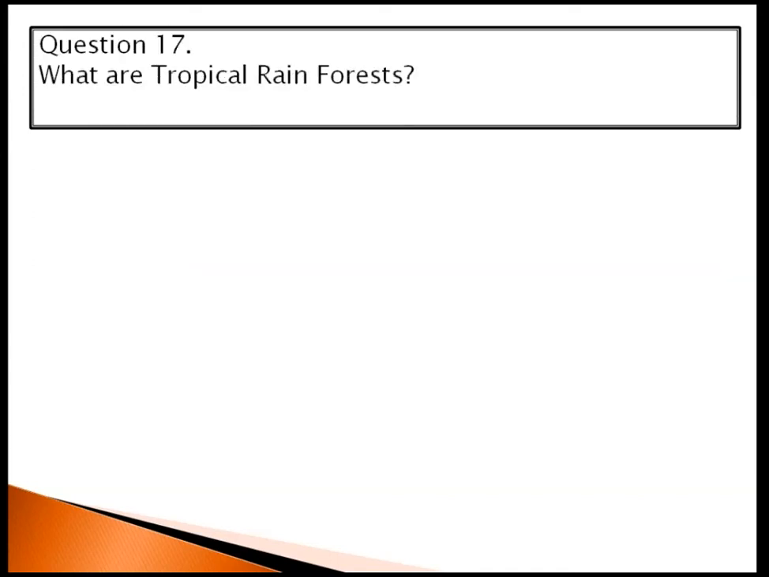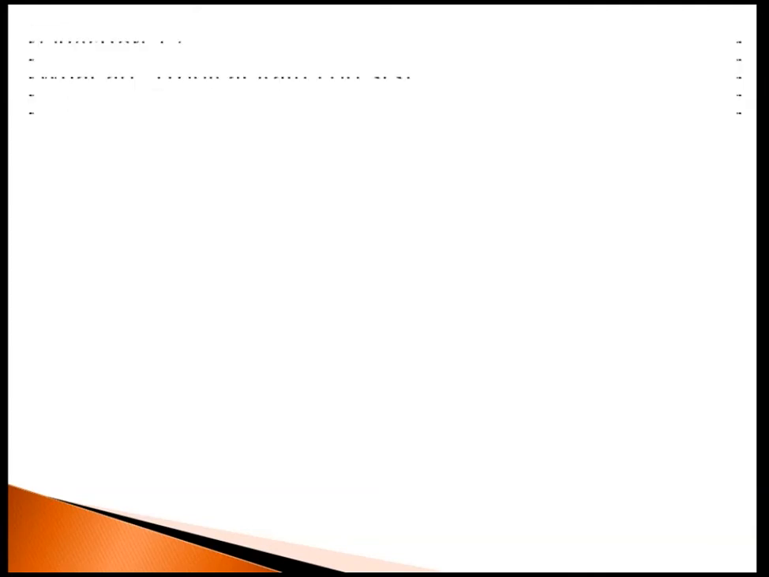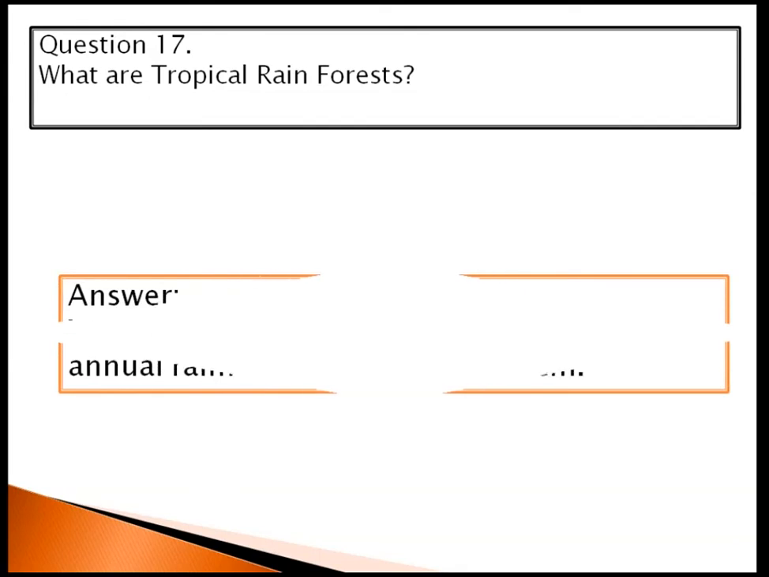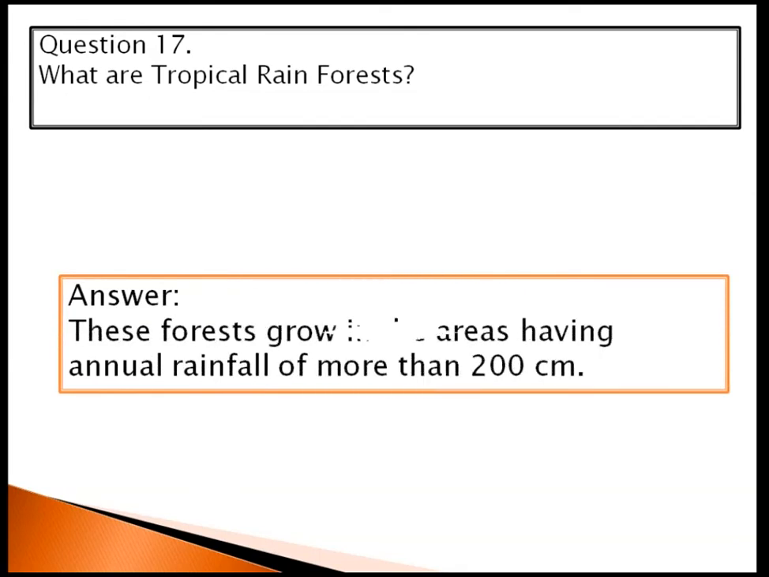Moving toward the next question, question number 17. What are tropical rainforests? So here you have to define what tropical rainforests are. Let's check the answer. Please read out the answer. These forests grow in the areas having annual rainfall of more than